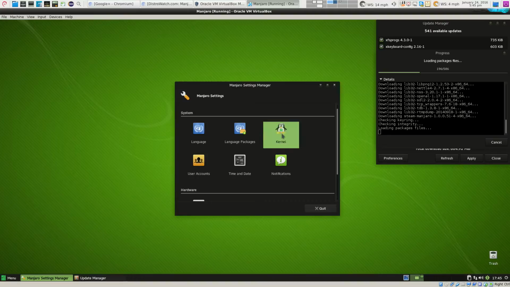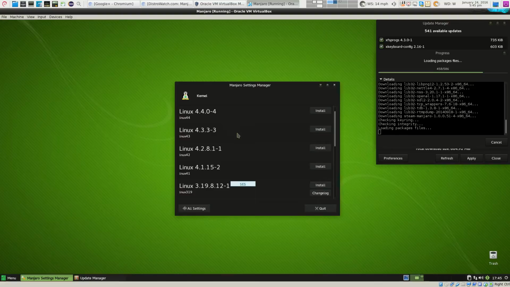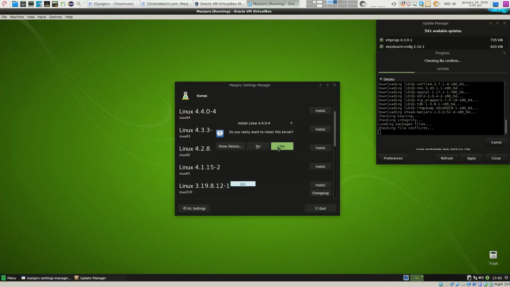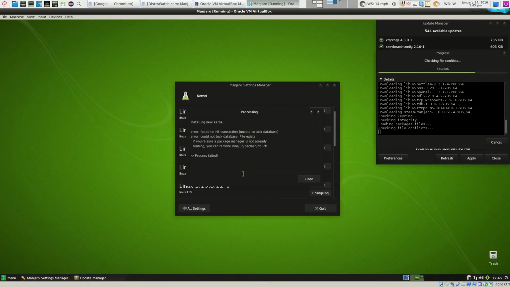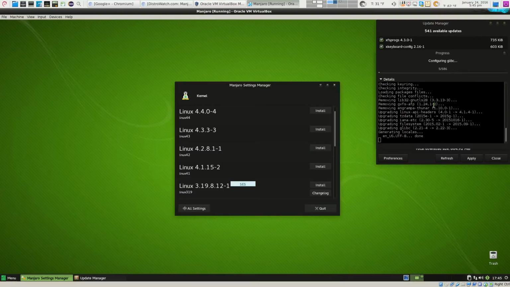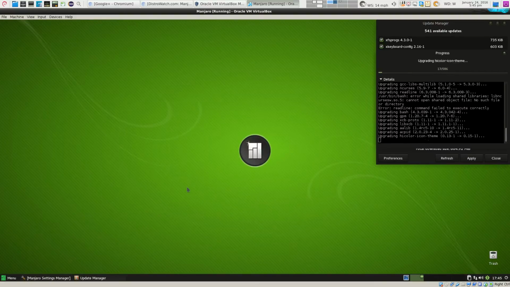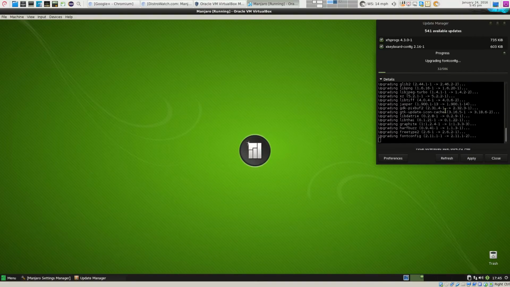Kernel. So you click this. Alright, so currently it's got installed. I will show you what it's got installed. 3.18, right? I want to install 4.3 or 4.4. What you do is you install. I don't know if it may work because it's still updating, so I may want to hold off on that. But let's see what it says here. Yes, it's locked because this is using it here. So let's wait for this to finish to install 586 packages, which is a lot of packages. But it's gonna go by fast, as you see here.